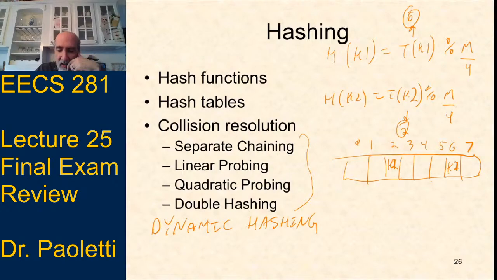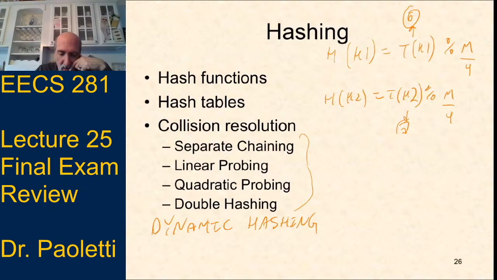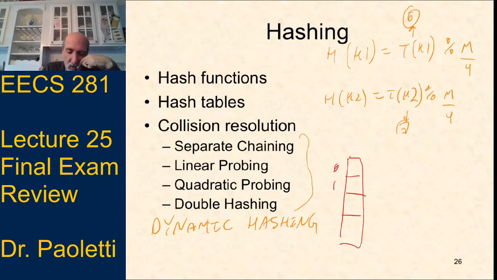So in separate chaining, let's just do an example. I'll just get rid of this table here. Let's say we start out, like I said, with a size of 4. Basically, my 4 things, 0, 1, 2, 3, would be linked lists. So I'd say, okay, key 1 should go to 6 modulo 4 is 2. So I add a node out here containing key 1, and maybe its value goes with it, depending on whether it's a map or a set.